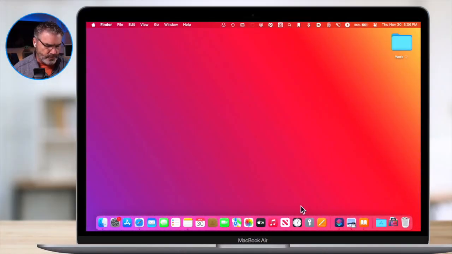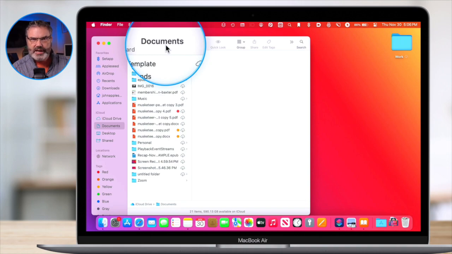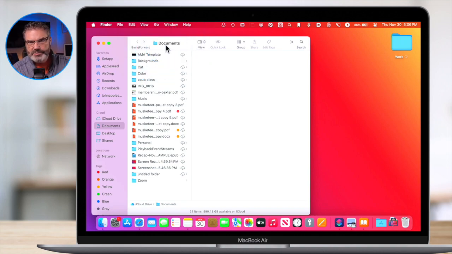And I'll show you a few different things that you can do. The first thing is, these days it gets kind of confusing because we have iCloud and then we also have our storage on our Mac. And with the Mac, our documents and desktop are stored in iCloud. So is it actually being stored on the Mac? Is it not being stored on the Mac? So it gets a little bit murky there.